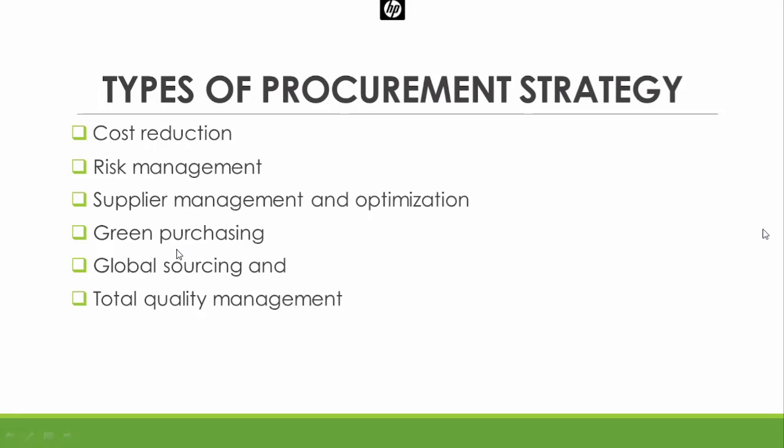Supplier management and optimization makes the best use of technology and resources to improve efficiency and performance in a supply network. The aim of this is to ensure the optimal operation of manufacturing and distribution in the supply chain.